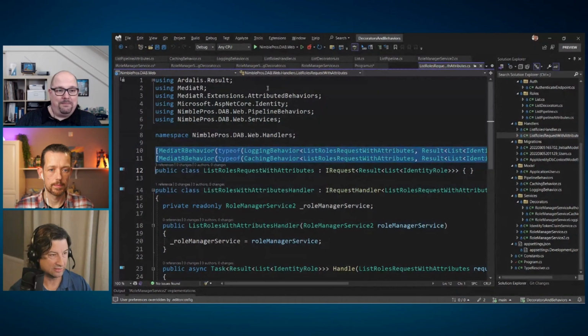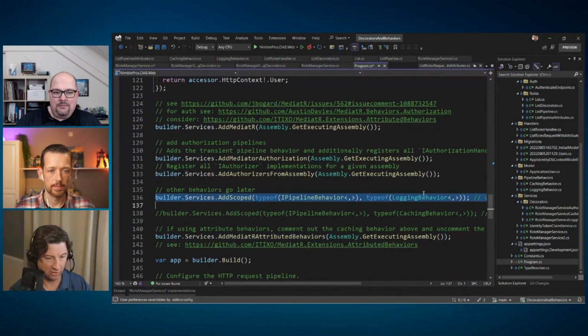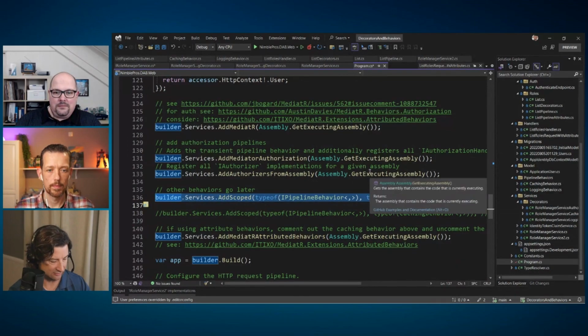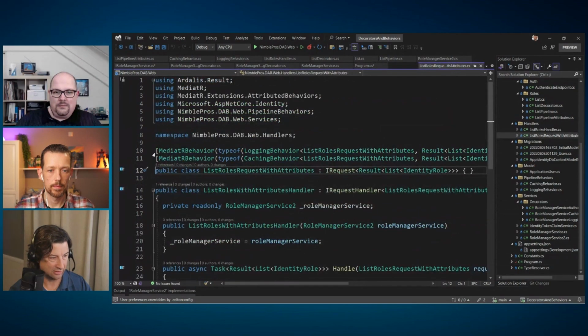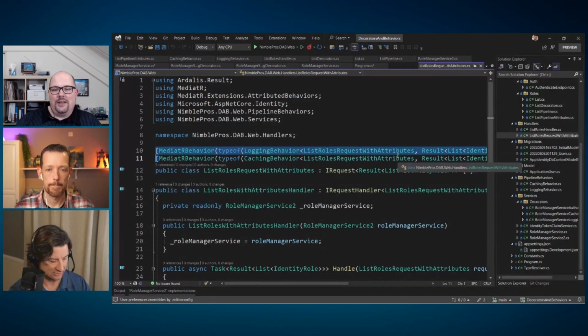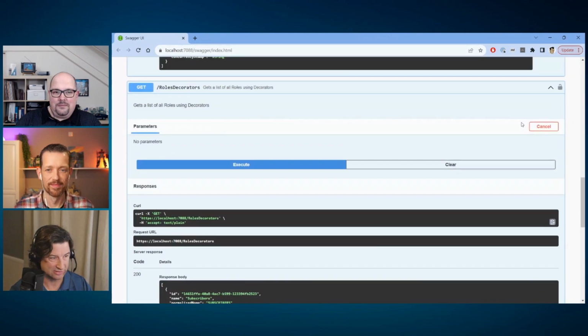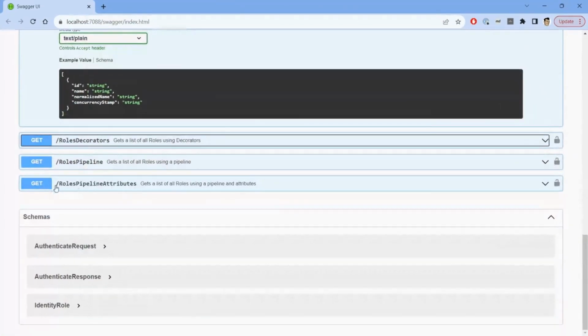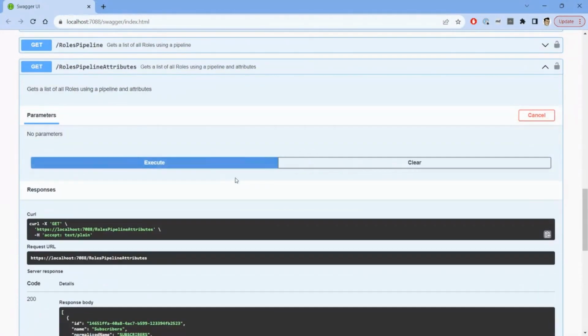Now, cool, one quick thing to notice. This is kind of newish. At least it was new for me when I first discovered this. But notice I do have the logging behavior wired in for everything. Exactly. And then on the attribute behavior, notice that it also had the logging behavior. So right here. So what you're going to see when we see the demo, we should see the logging behavior happening twice if it's working correctly, which obviously isn't probably what you really want, but it kind of just demonstrates how this works. So if we do pipeline with attributes here, and we try it out, and we'll execute,